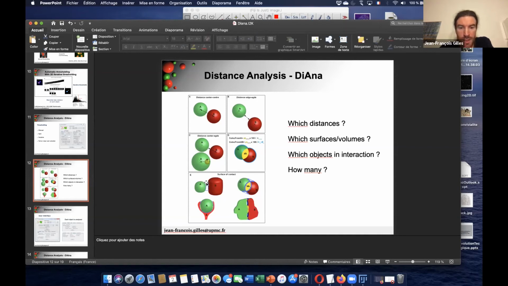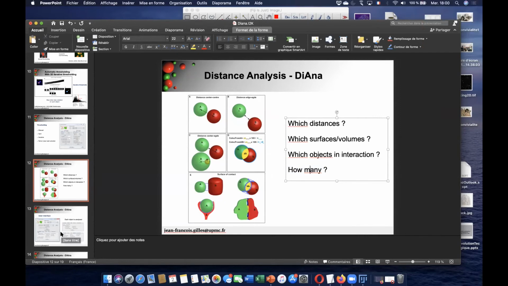In the software, we set a distance, and it will calculate the surface between this distance. And of course, with 3D ROI images, we can know how many objects we have in both populations and how many are in contact.